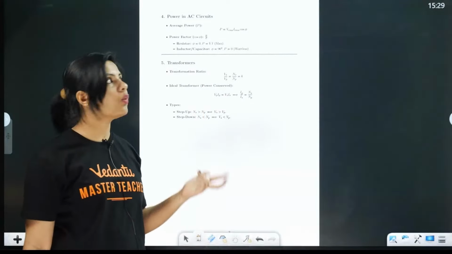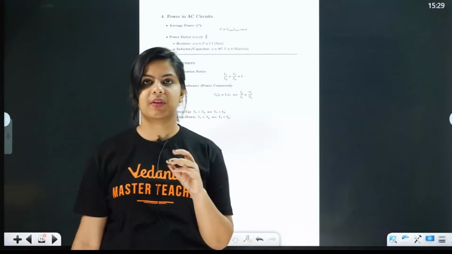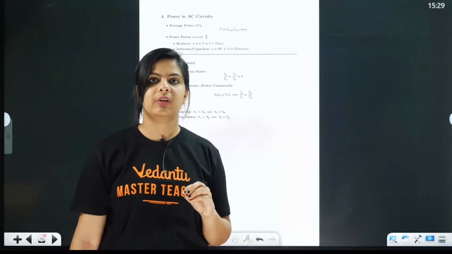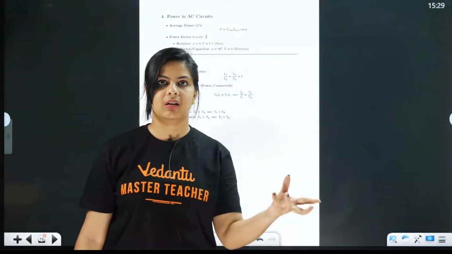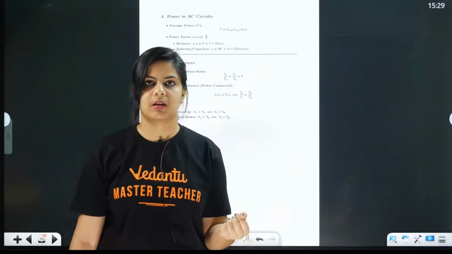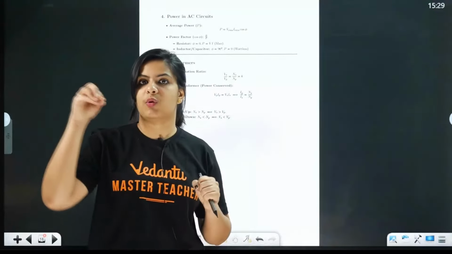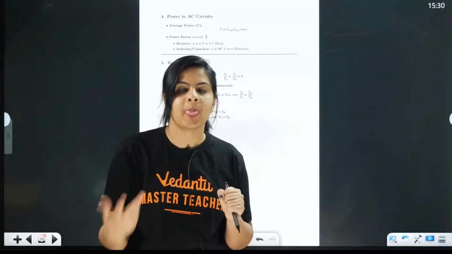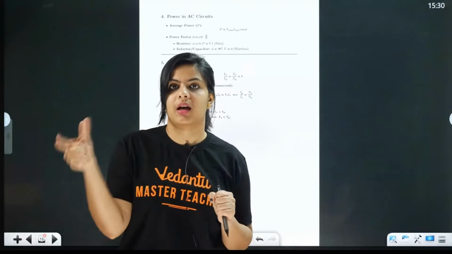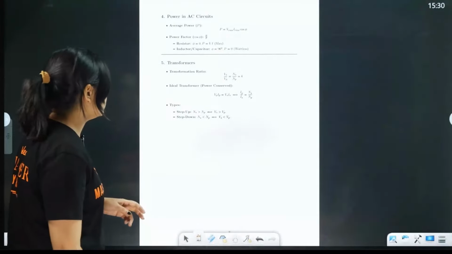Okay, next is wattless current. Wattless current is not mentioned, but it is again a very simple concept. We know the current through the resistance causes power loss. Similarly, even though a current is flowing through the inductor and capacitor, there is no power loss or heat loss there. So we call that current the wattless current. Okay? So that is wattless current.